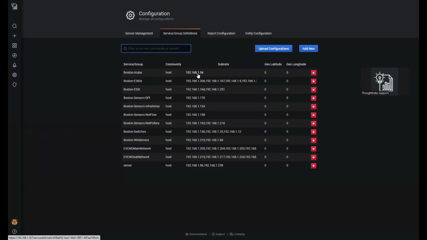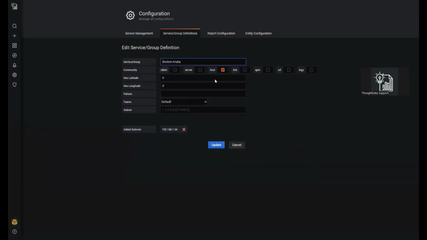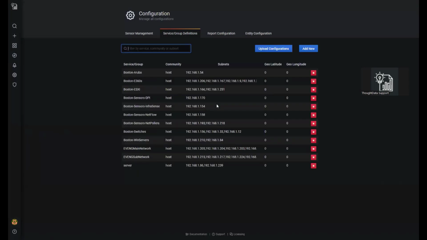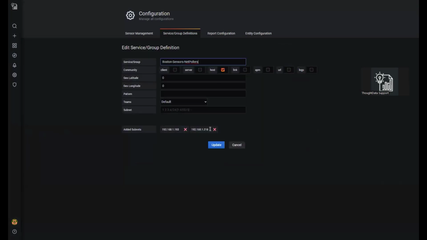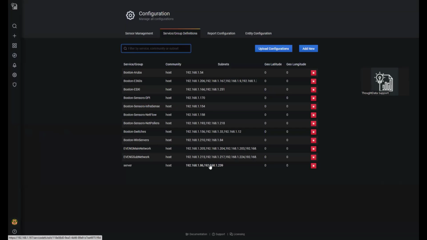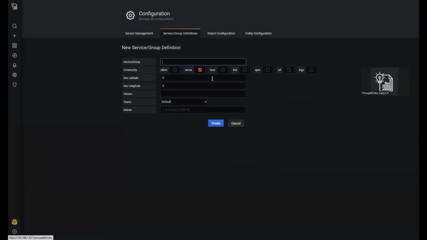For example, you want to identify an individual IP address, and you can qualify it as a group, or you can also qualify multiple IP addresses and create a group based on multiple IP addresses. Or you can also create subnet-based groups as well, right? So you can add a new group